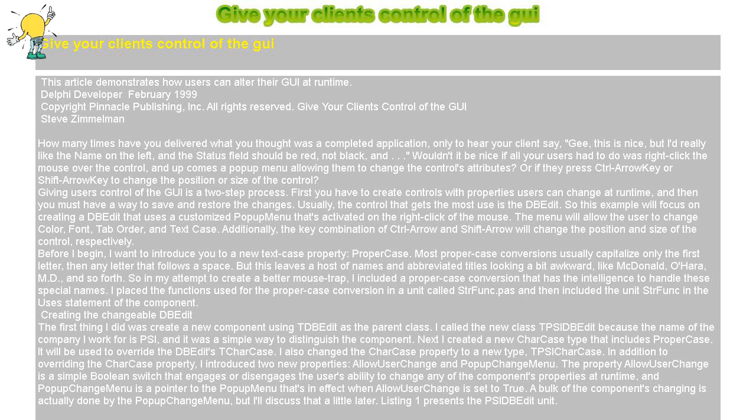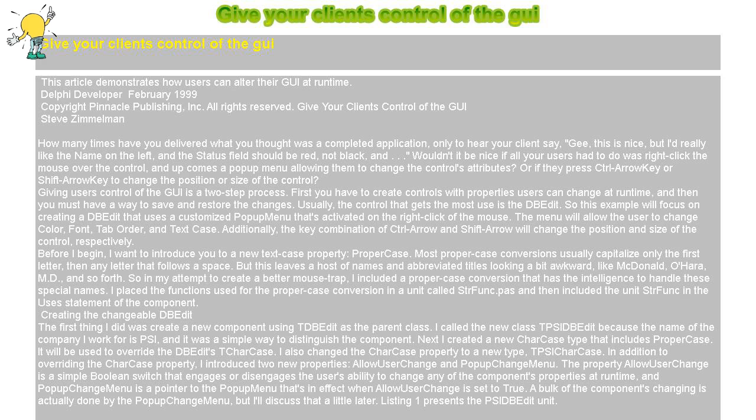procedure MouseUp(Button: TMouseButton; Shift: TShiftState; X, Y: Integer); override; published property AllowUserChange: Boolean read FAllowUserChange write SetAllowUserChange; property CharCase: TPSICharCase read FCharCase write SetCharCase; property PopupChangeMenu: TPopupMenu read FChangeMenu write